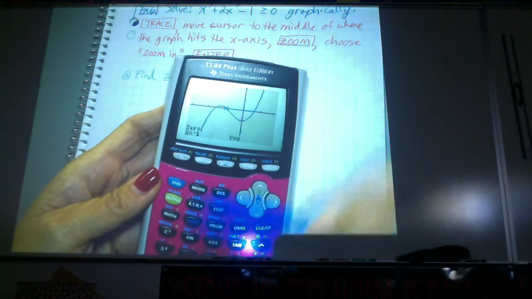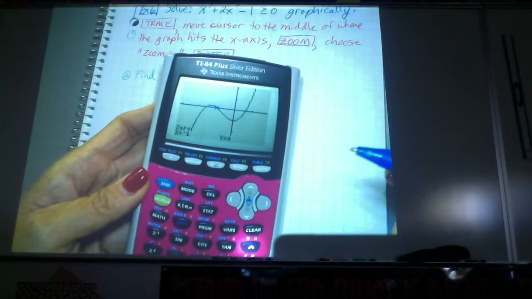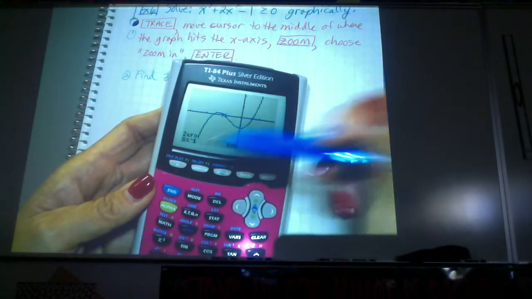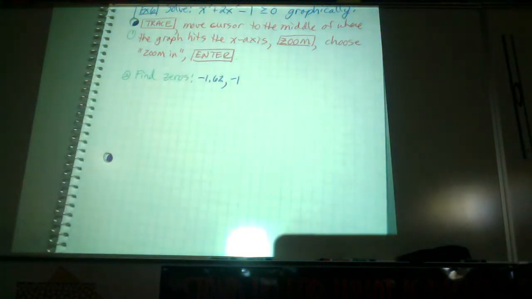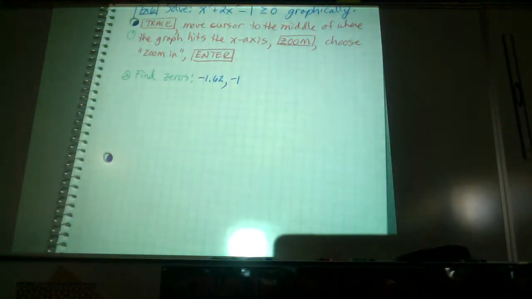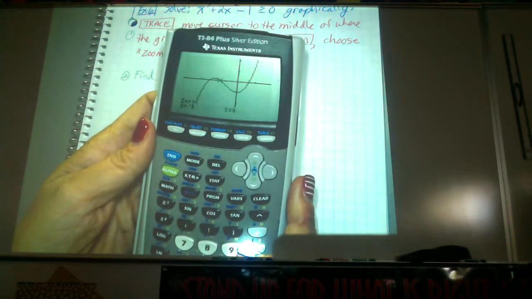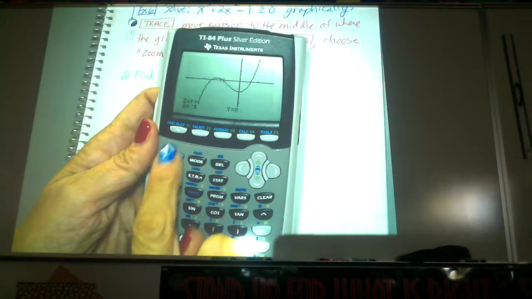You didn't go leftmost. Let me see what you're zooming in on, because you did the second one, not the leftmost one. Let me see your calculator. So see where your cursor is? You're at the negative 1. But if I go second